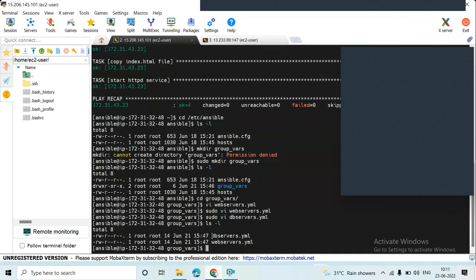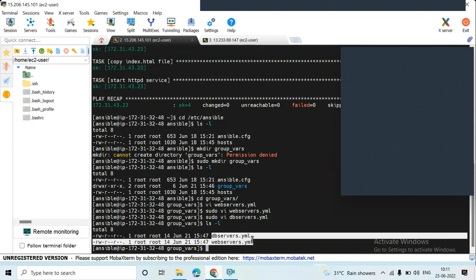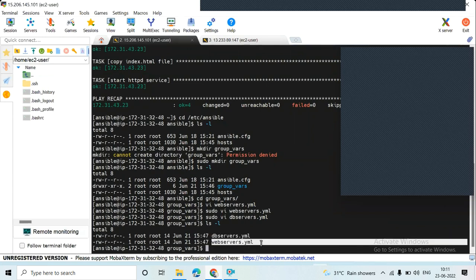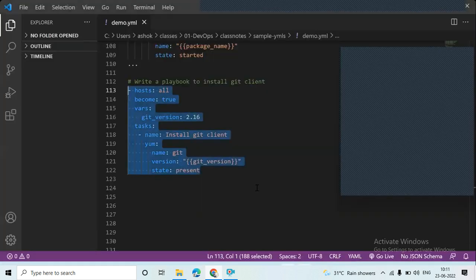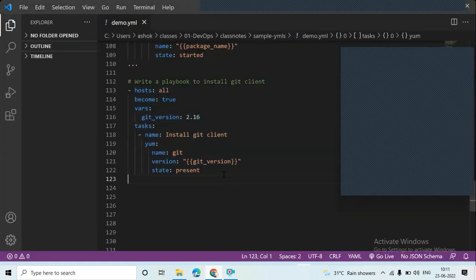ls -l. Can you see what is available here? The db_servers.yml file is available. The web_servers.yml file is available. Where are these files available? Inside group_vars. Now, whenever our playbook is executing for a group of servers,